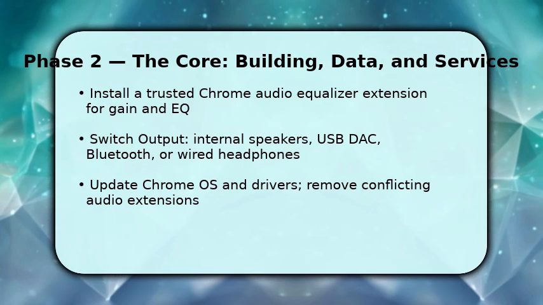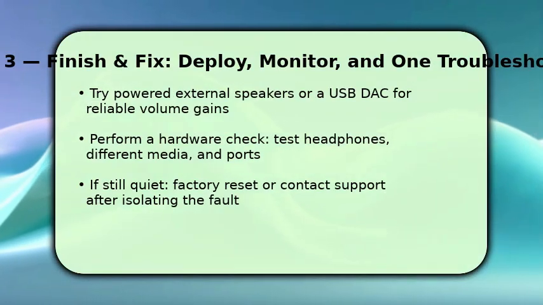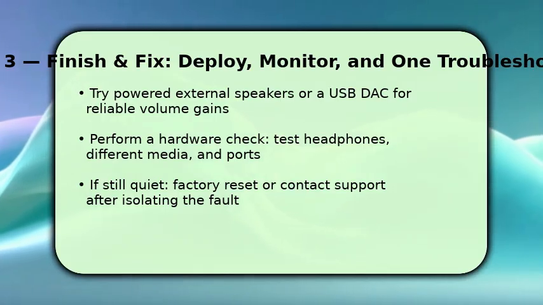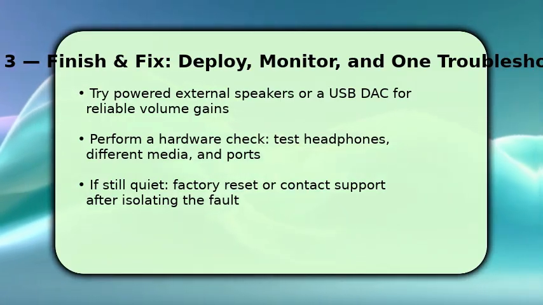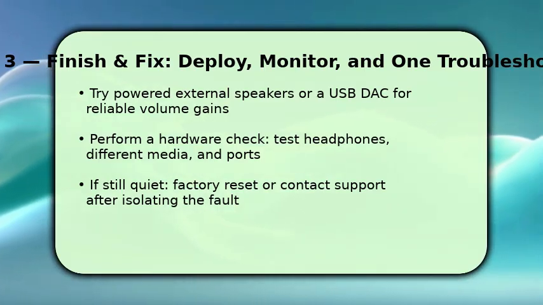Finally, you complete the fix by choosing the most reliable hardware route. Powered external speakers or a quality USB DAC are the fastest way to get louder, distortion-free sound. Make sure to test multiple headphones and media files to isolate whether the issue is the file, app, or Chromebook